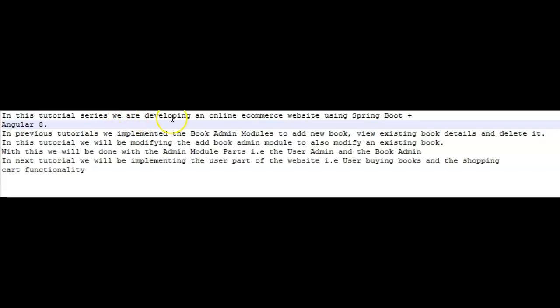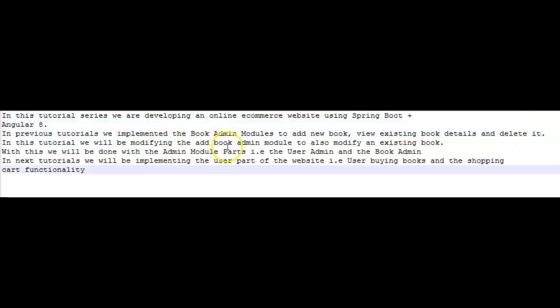Hi friends, in this tutorial series we are developing an online e-commerce website using Spring Boot and Angular 8. In previous tutorials we implemented the book admin modules to add a new book, view existing book details, as well as delete an existing book. In this tutorial we'll be modifying the add book admin module to also modify an existing